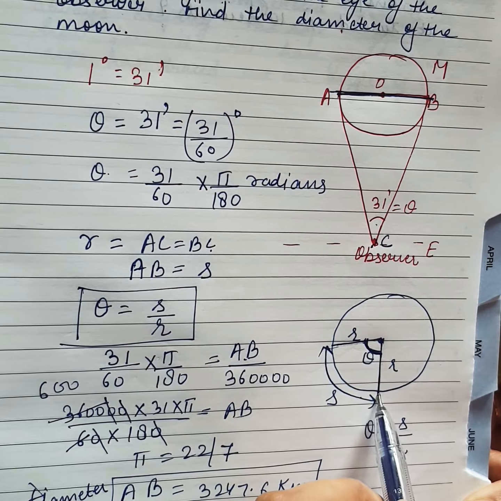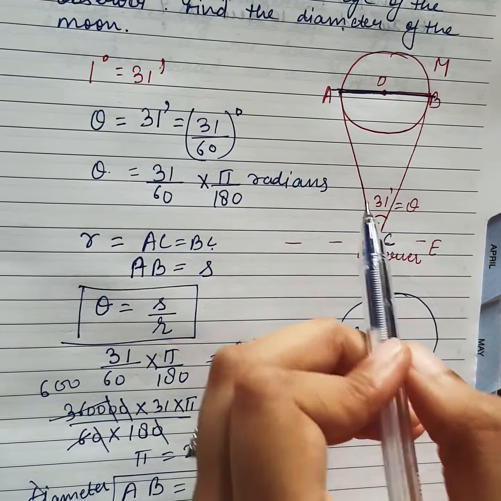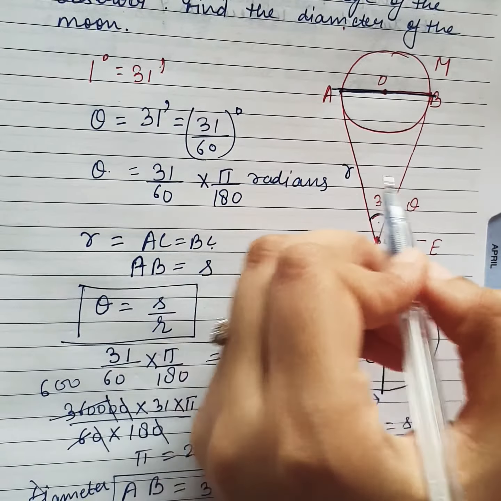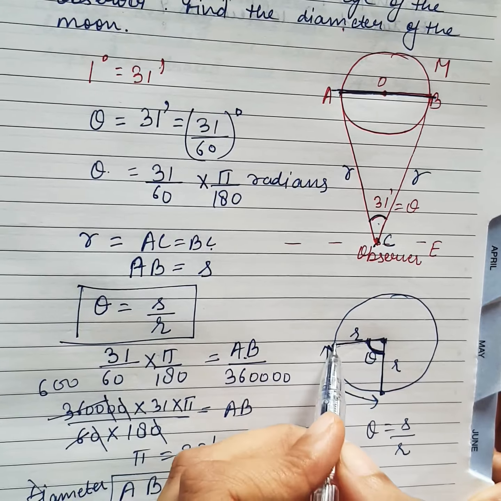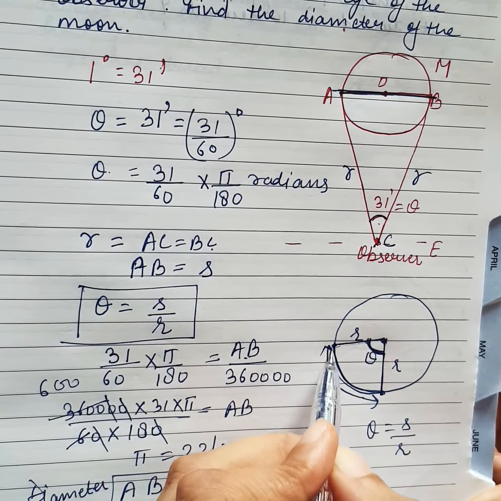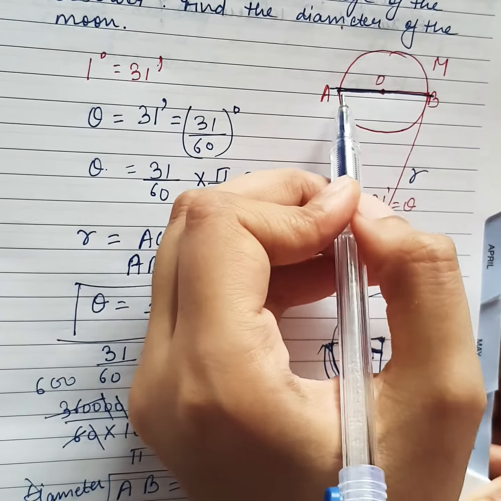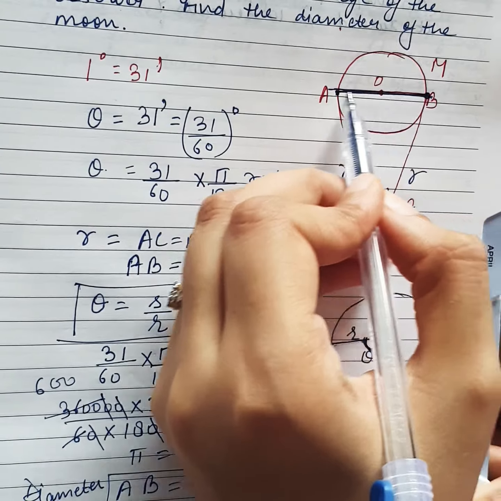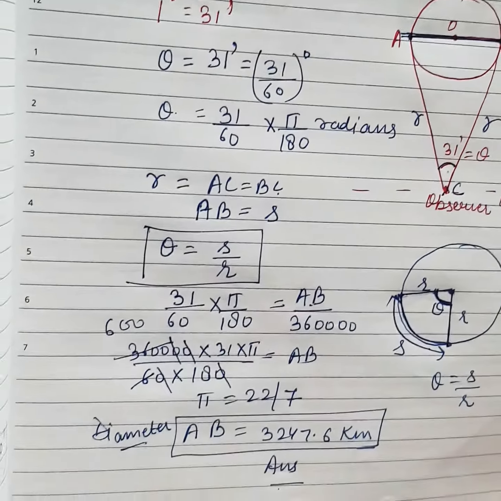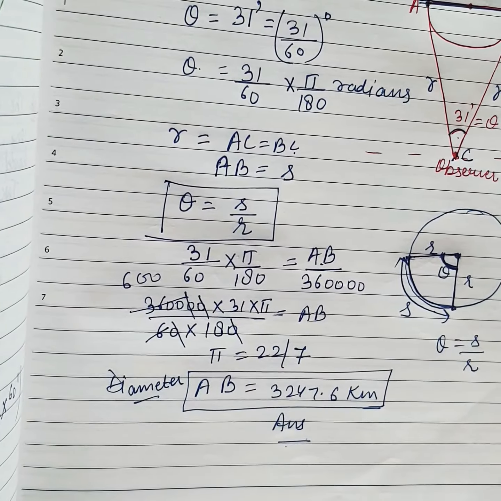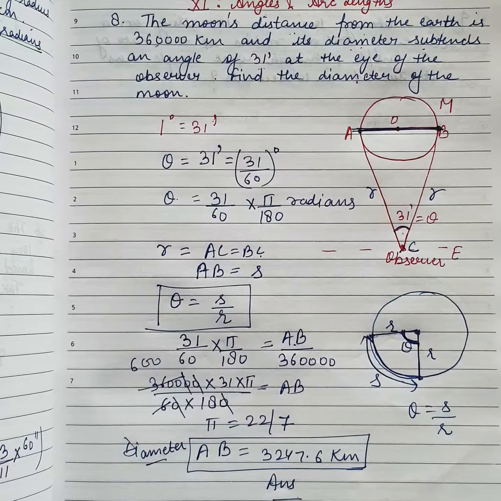Radii are acting as arms of the angle. So here if this is theta, these are supposed to be the radius. And where the radius has its end point, this length is the arc length. So the radius end points are here and this is going to be the arc length. And so we have found it by using the formulas. I hope we have understood.